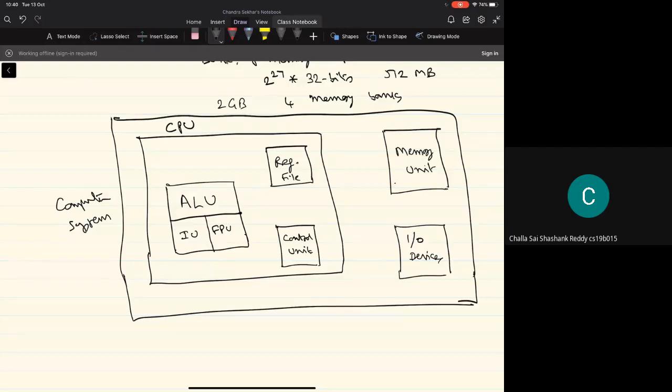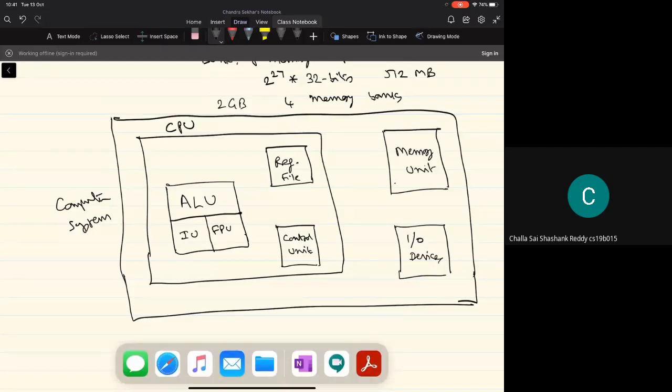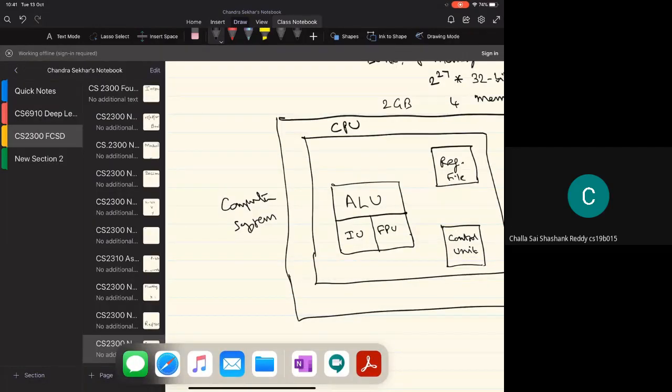So what we are trying to do in this course is to get an idea about how to design a computer system. We are looking at some of the foundational aspects of the design of the computer system. We'll come back to the details of the internal organization of the computer and the internal organization of the CPU as we go along in the rest of the course. Any questions at this point? Okay, so now let's just go on to the next topic in the course.